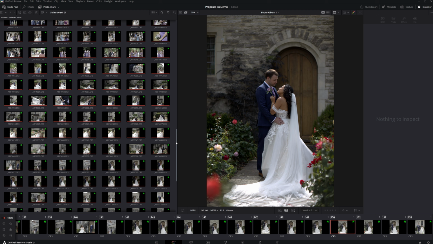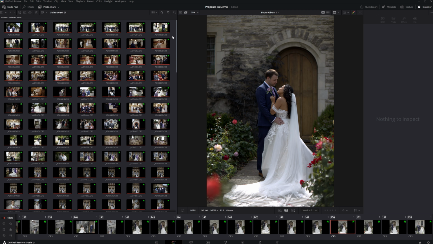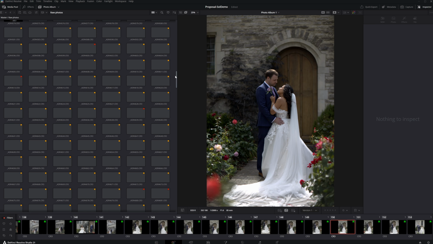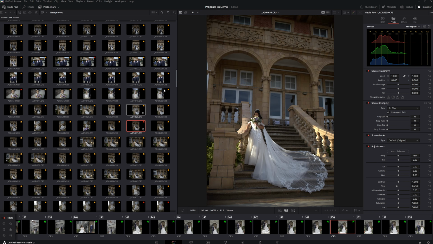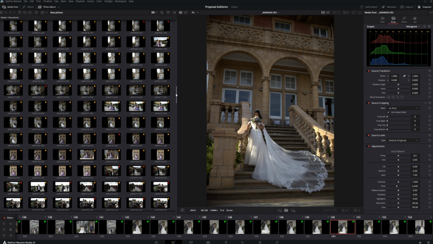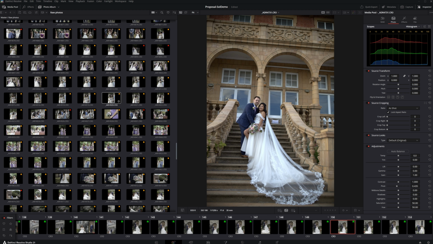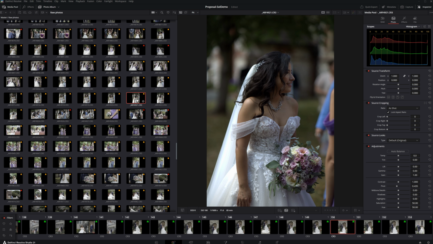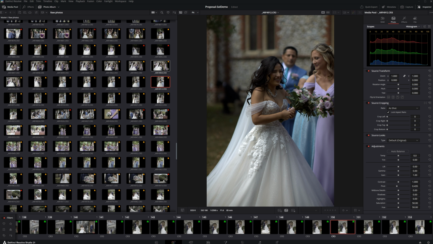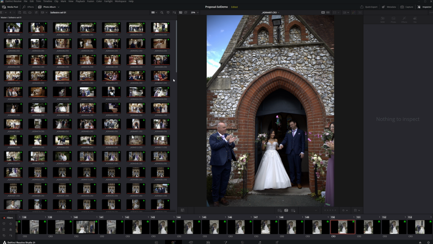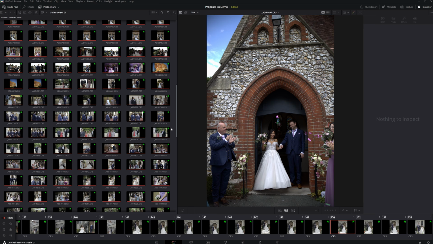Obviously, you can review your selection, make changes, go back into raw photos. The red flag means rejects, orange means maybe. You can go through all of them, see if there are any you still want to use. Okay, that's it. Now that we have our main selection done in this bin here,